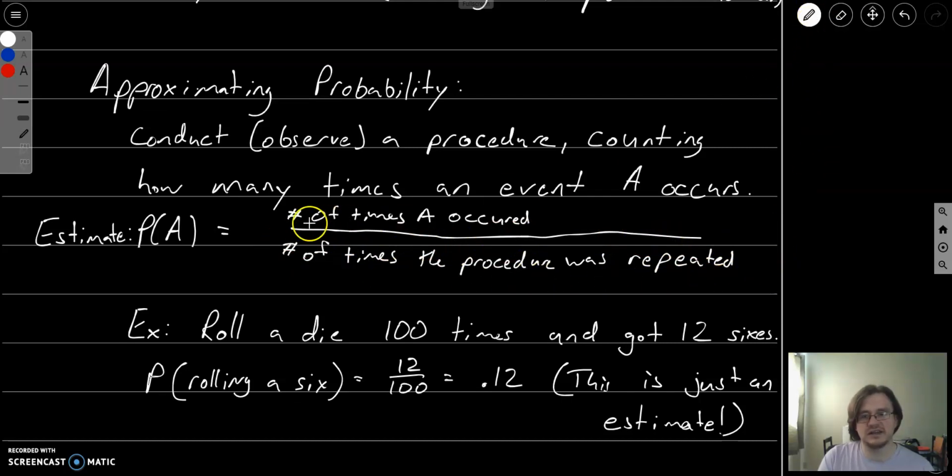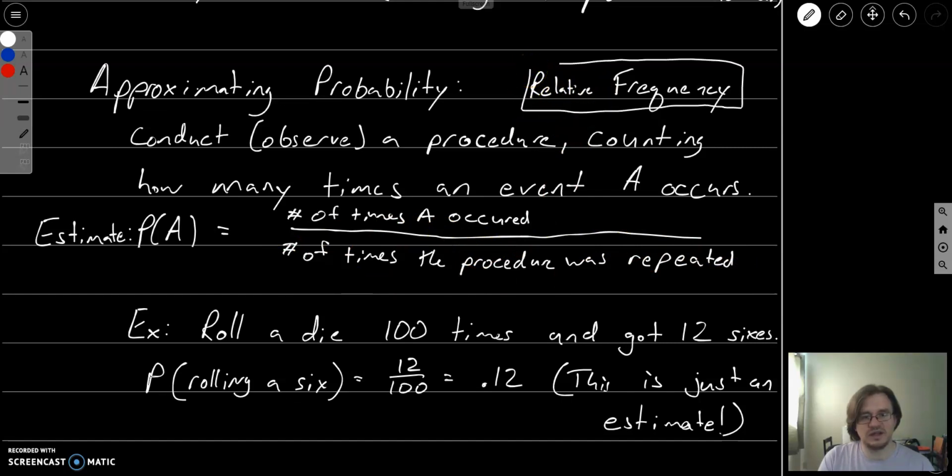What you'll notice here is that the number of times something occurred, this is the frequency. And the number of times the procedure was repeated, well, this is just the total number of things that happen. So if we divide the frequency by the total, what we have is the relative frequency. So what we're using is the relative frequency of an event as we repeat this procedure to estimate the probability